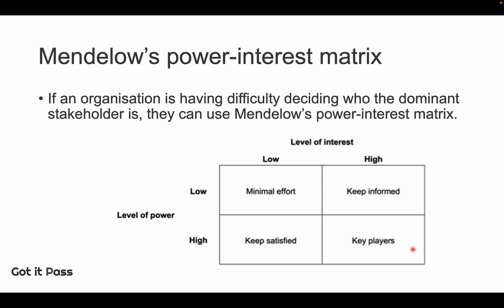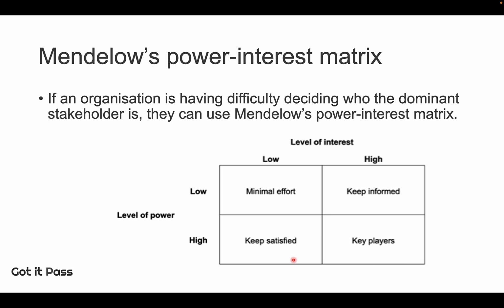One example of key players is the major shareholder of a company who also is involved in the daily or routine operation. So they have a high level of interest by showing their engagement in the organization, and they are the major shareholders, so they have very high power based on the hierarchy.